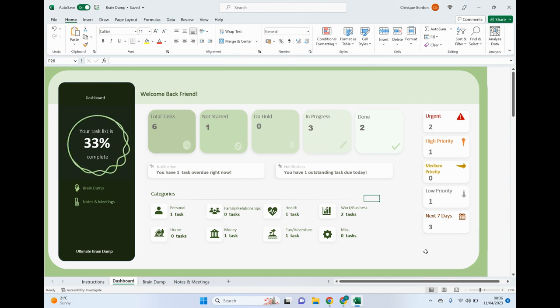And I love Excel. It's literally one of my favorite things. I'm a little bit geeky about it, but yeah, I hope it's helpful, and I've tried to make it as easy to use as possible. So hopefully you've seen that it is,